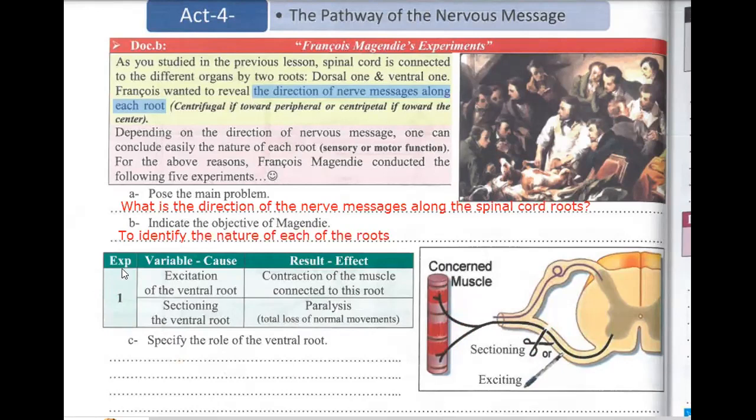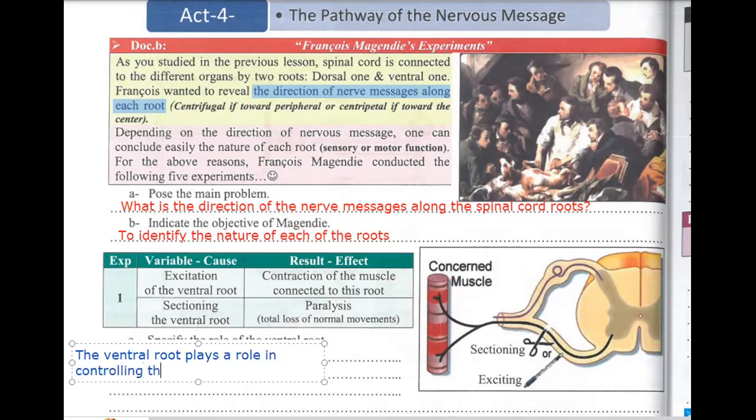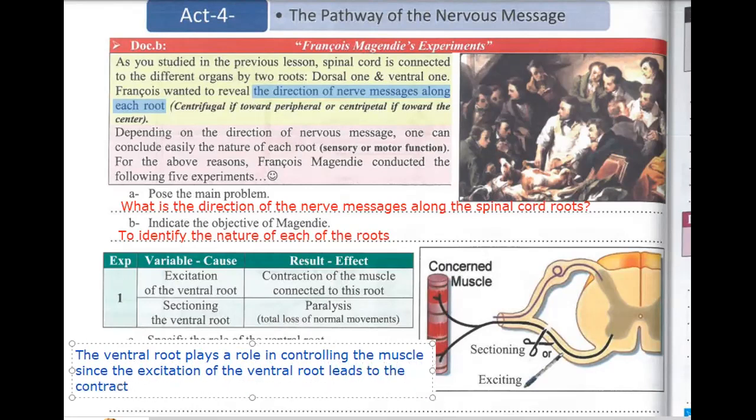So how do we justify? First of all, we have to put the answer, which is part C of document B. The ventral root plays a role in controlling the muscle connected to it. Since, how do we justify? By analyzing. So since the excitation of the ventral root leads to the contraction of the muscle connected to this root,